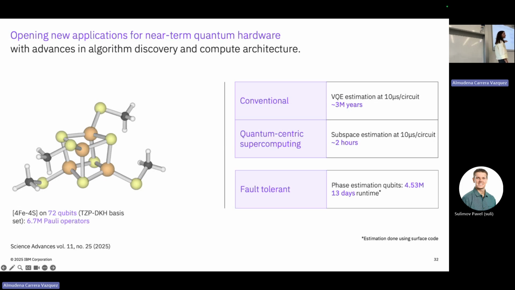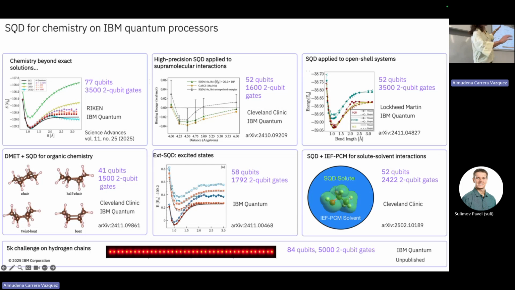Now, we don't have that. Say we want to run it on a noisy computer, and we use the variational estimation, so the heuristic algorithm. We would need 3 million years for that. The reason is because we need to do a lot of measurements. And now with the new algorithm, we would need 2 hours instead. And this is because it combines what classical is good at and what quantum is good at. And again, I won't go into these projects, but just to give you a flash, in the past year, people using this algorithm have been simulating systems of these sizes, which are extremely large.